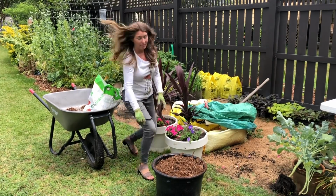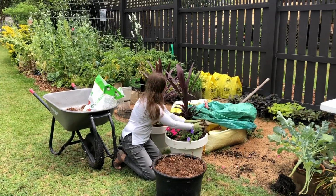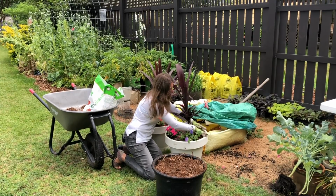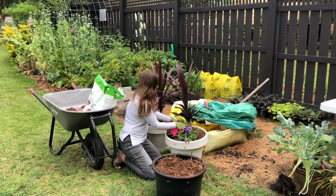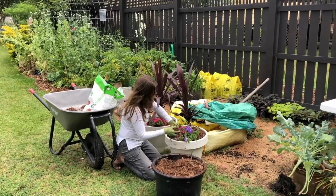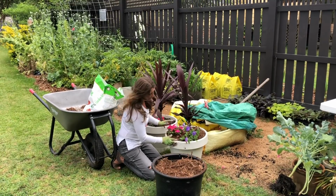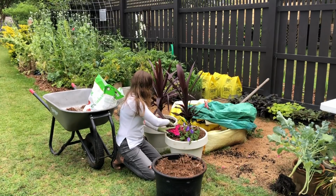And now I'm going to mulch lightly with triple shred hardwood. This really just helps finish off the pot, prevents any soil from coming out if you water it too hard or if it rains. And I think it just really makes the pot look more professional and finished. So once I get these moved in place and watered in,